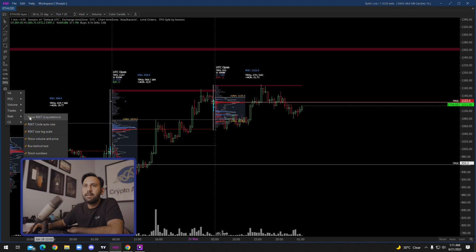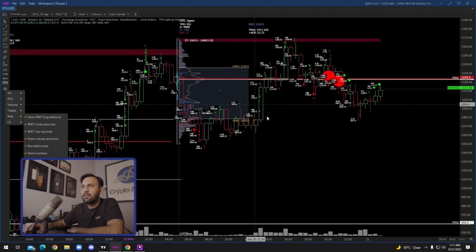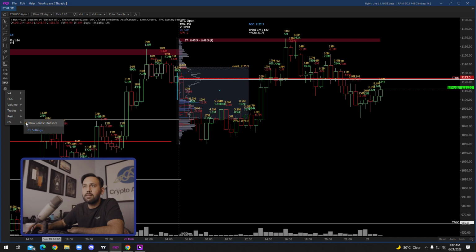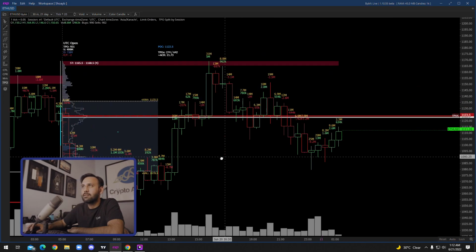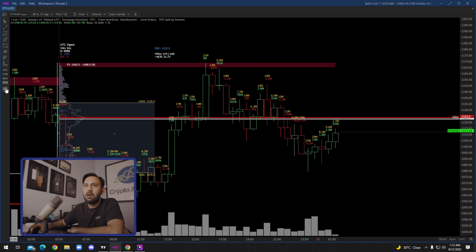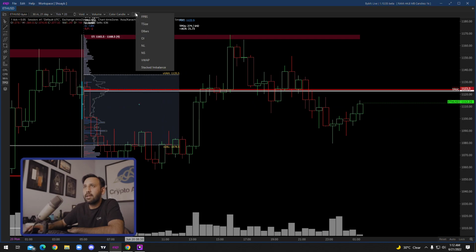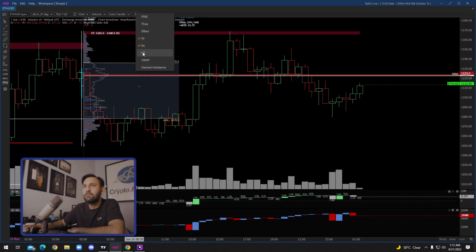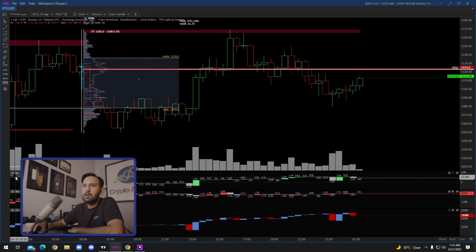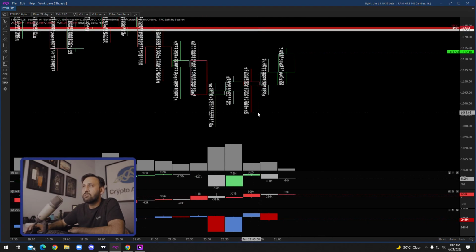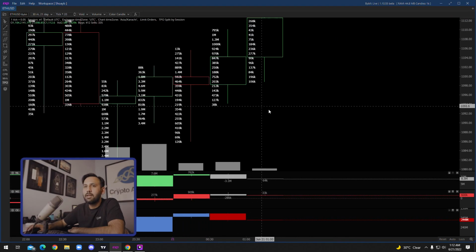There is also some liquidation data here. It shows the liquidations happening, all right, in real time. And there's also the candle statistics, which shows how much buying and selling has been done in individual candles. And if we click here on the FX, we're going to see some very important stuff, which is known as the OI, open interest, net shorts, and net longs. So if I zoom in on this candle,